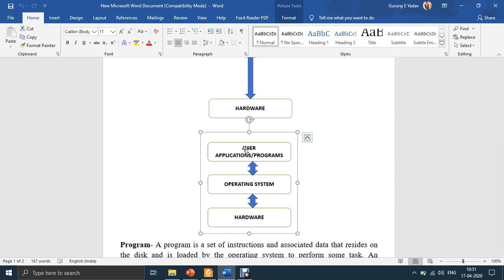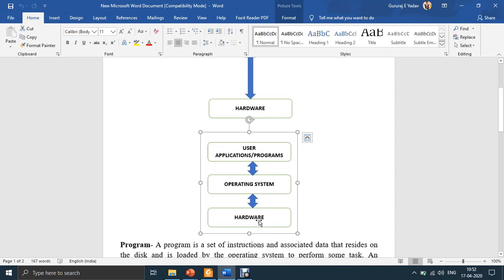Okay, it requires access to the camera. So it cannot directly access the hardware. It has to go through the OS. It will tell the OS that I need the camera. And now the OS will see whether the camera is free first. If the camera is free, then it will assign that camera to whatever application demands it.